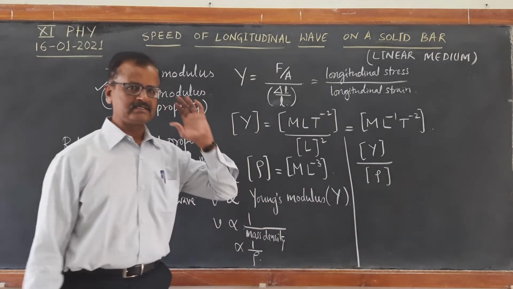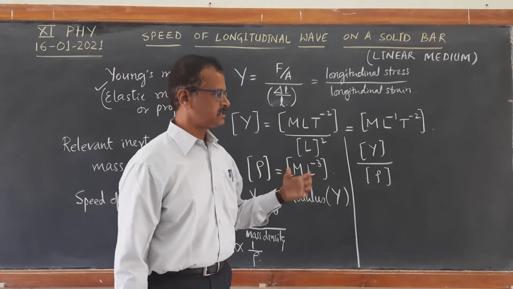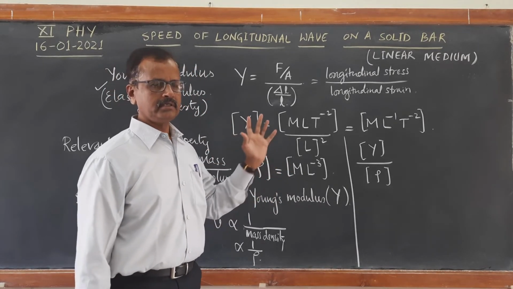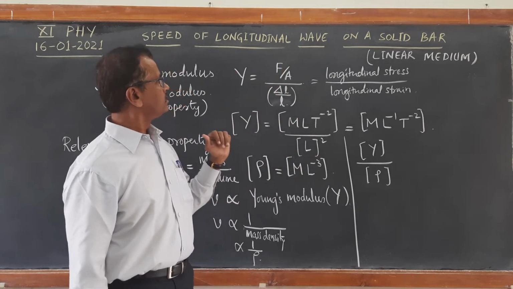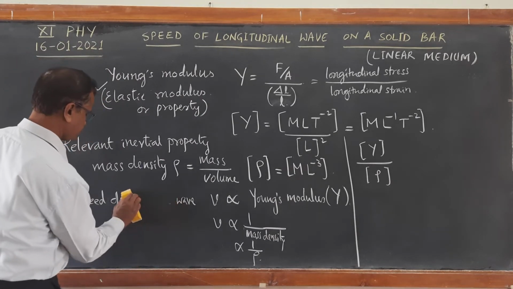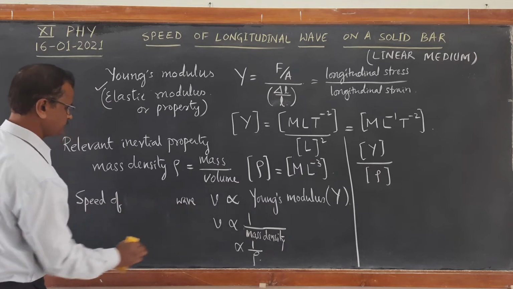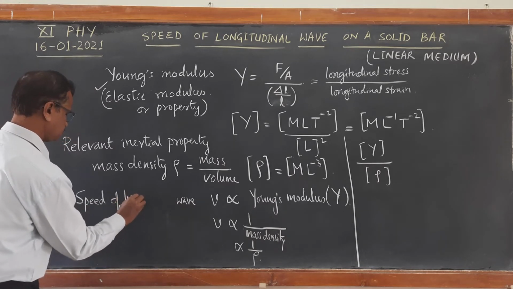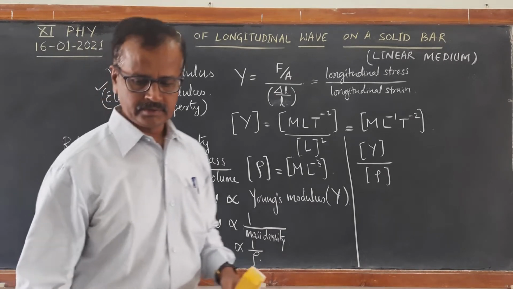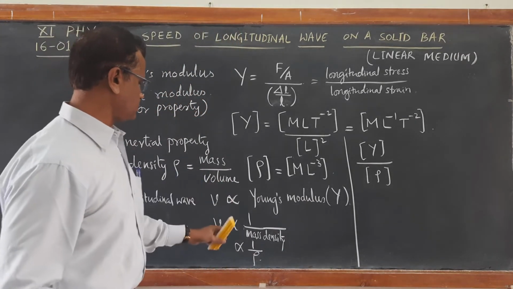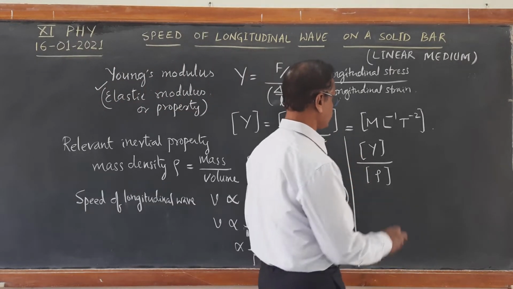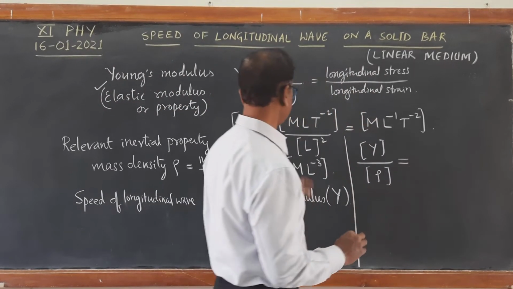Here we are not going for exact derivation. The exact derivation is only there for your higher classes. So we are just getting the important equation for the transverse wave. In this case it is longitudinal wave, it is not transverse wave. Speed of longitudinal wave is found to be directly proportional to Young's modulus and inversely proportional to the mass density. If you just take the ratio of the dimensions,